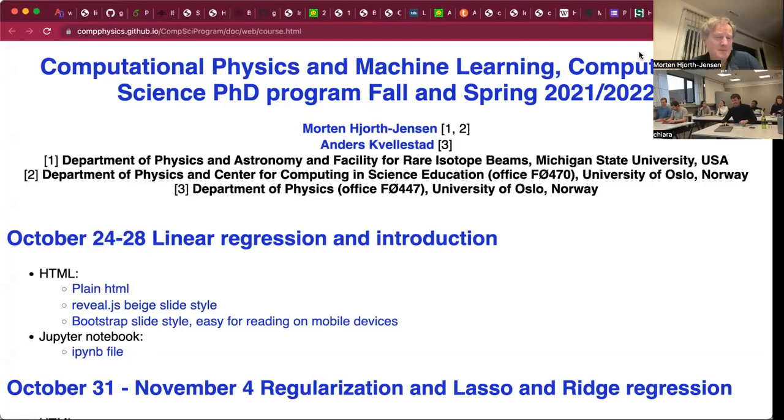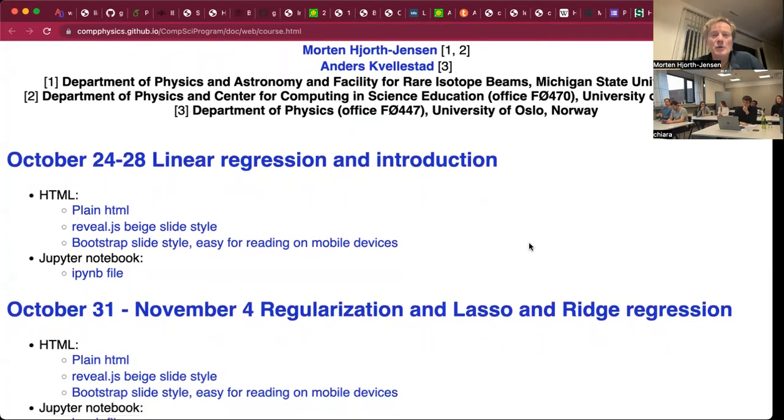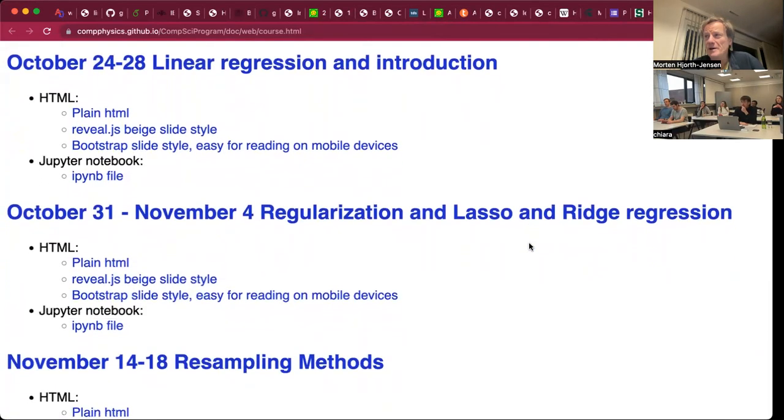So welcome back. Before we get started with a new topic, I just wanted to quickly go through what we did before the winter break. What we have done is to cover what you might call pre-2000 methods for machine learning. And we went through some topics which are also more modern, like the resampling techniques and also the discussion of